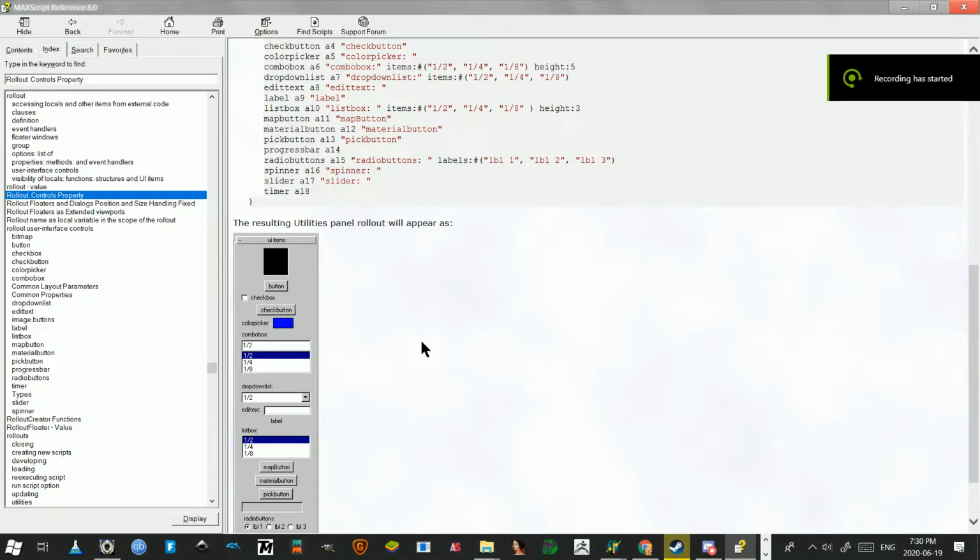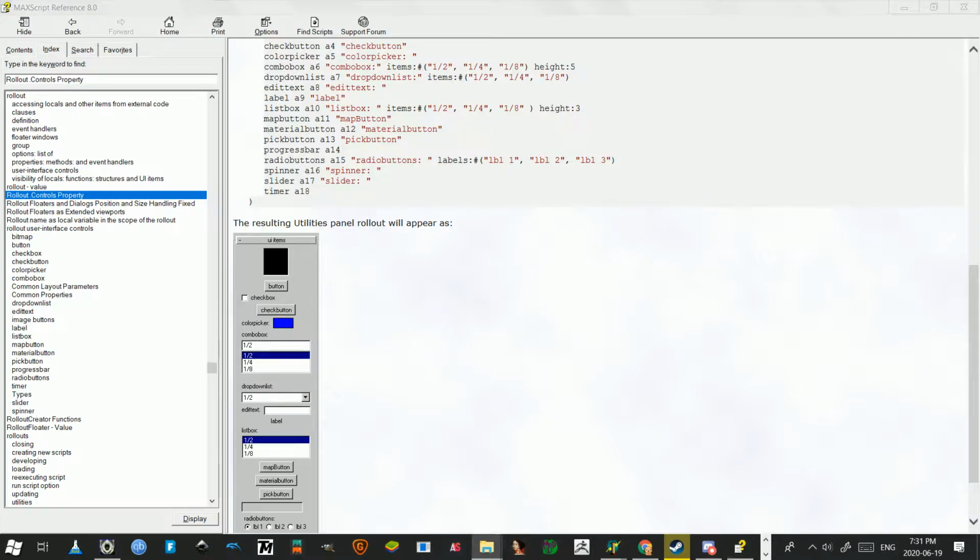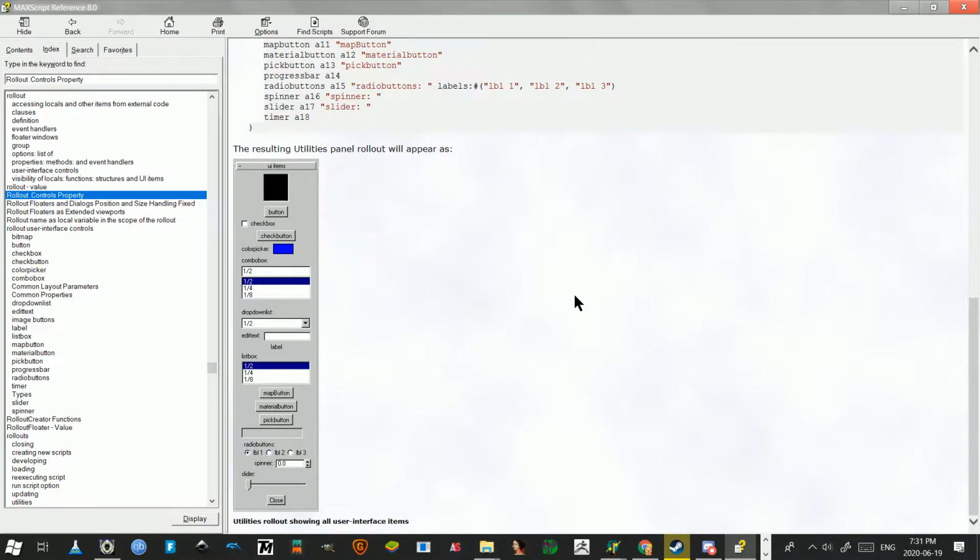Okay, I'm just going to do a video showing some of the things you can do with MaxScript in terms of creating your own interface in MaxScript. I started using it and I just enjoyed messing with it. I thought it was really fun because you make your own little buttons and ways to enter in data and stuff like that. It's just something fun to customize your experience in